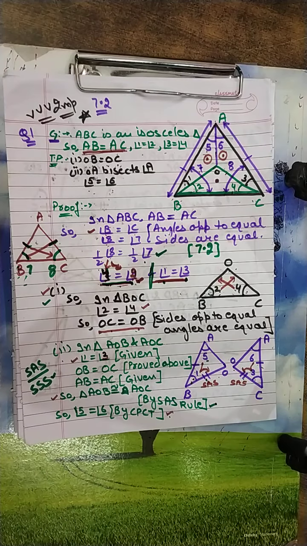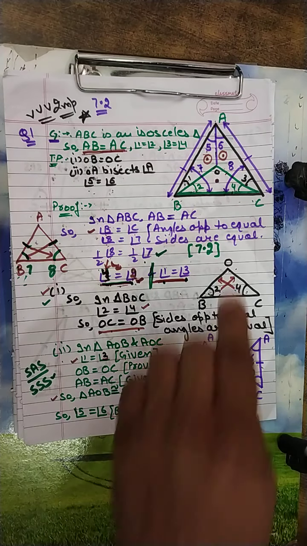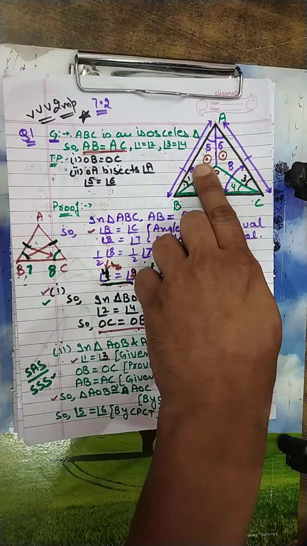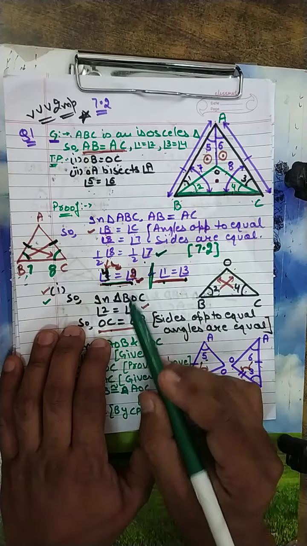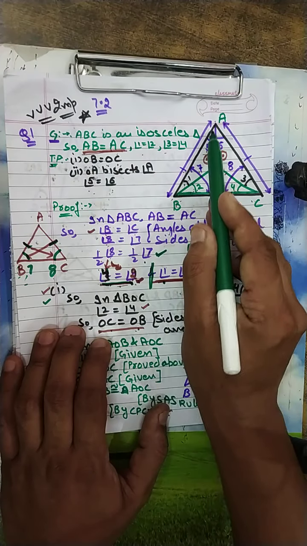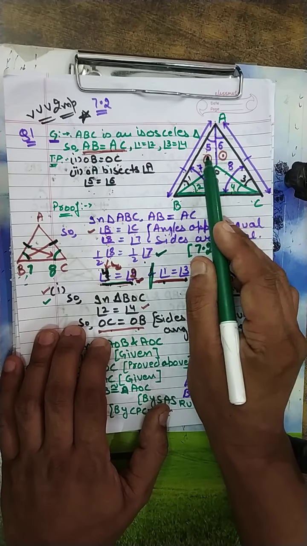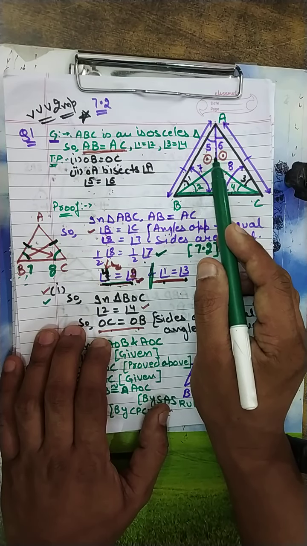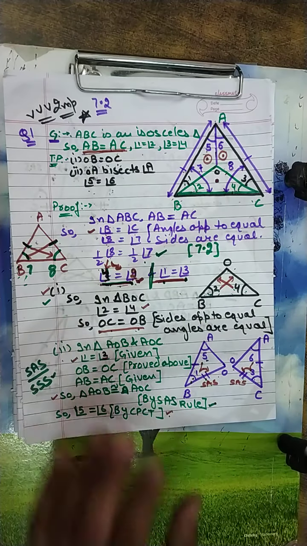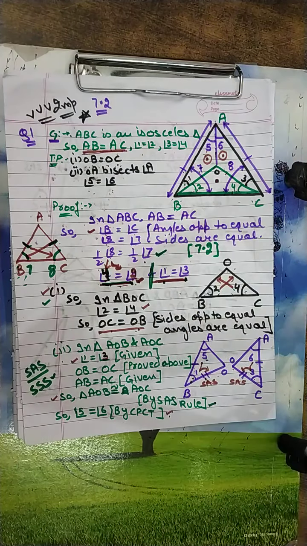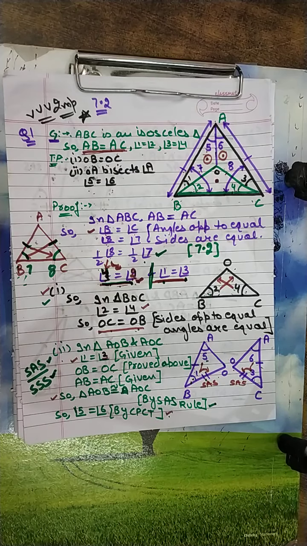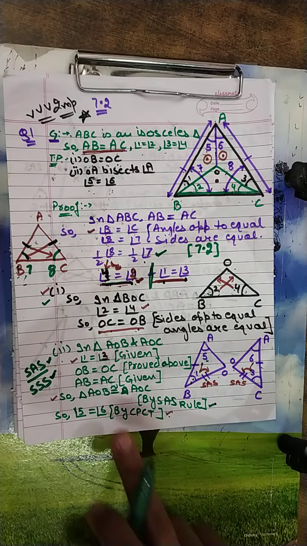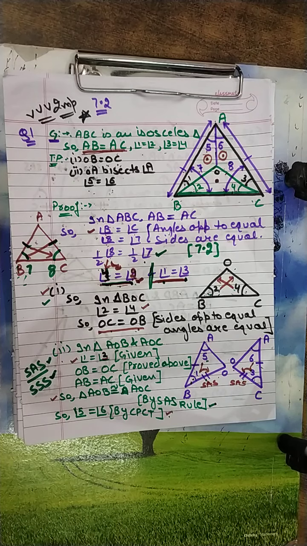Now by the SSS property, it's even easier. See these two triangles, you can tell from the top itself. AB equals AC, OB equals OC, already proved in the first part. And the OA line is common in both triangles. So both triangles are congruent, therefore angle 5 equals angle 6. Either you can apply the SAS property or the SSS property. You can apply any property to make these two triangles congruent. Then angle 5 equals 6 by CPCT.